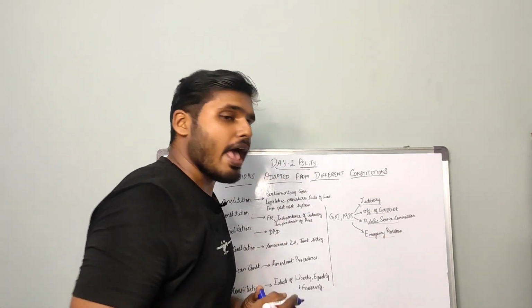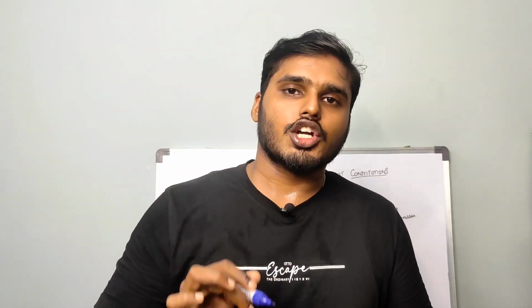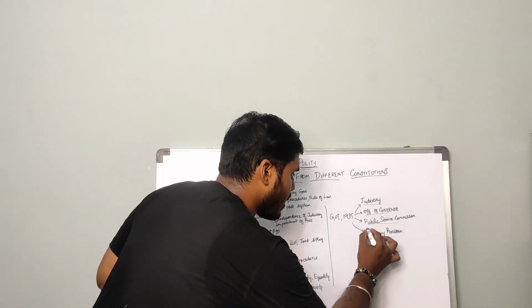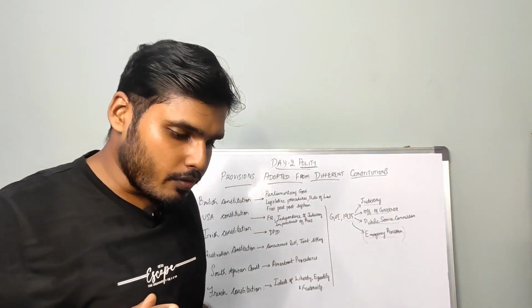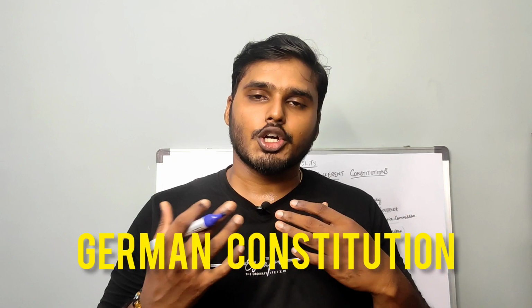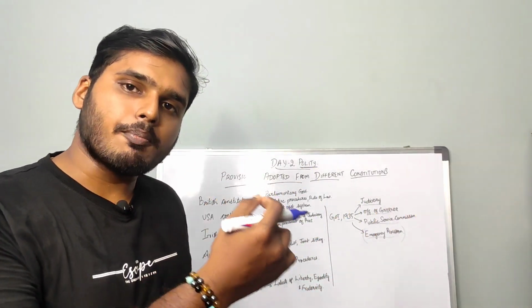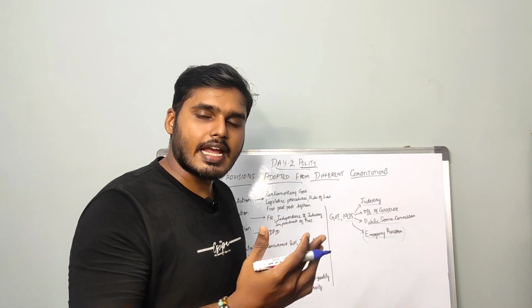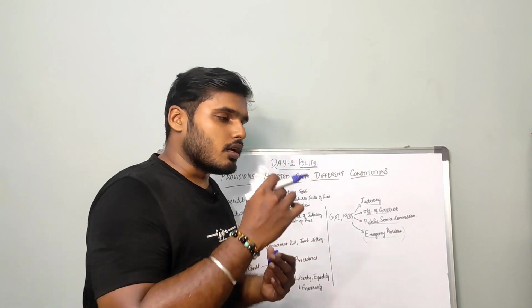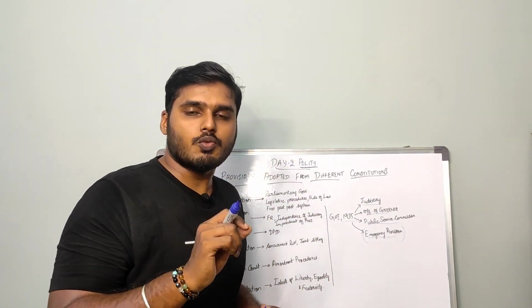And the next one is the emergency provision. The emergency provision was also adopted into the Indian Constitution from the 1935 Government of India Act. There is one more thing you have to keep in mind about the emergency provisions. Though adopted from the 1935 Act, the suspension of fundamental rights during the emergency was adopted from the Weimar Constitution, which is nothing but the German Constitution. This is very, very important from the preliminary point of view because many aspirants get confused about where the emergency provision was adopted from. Be very, very careful based on the question being asked.